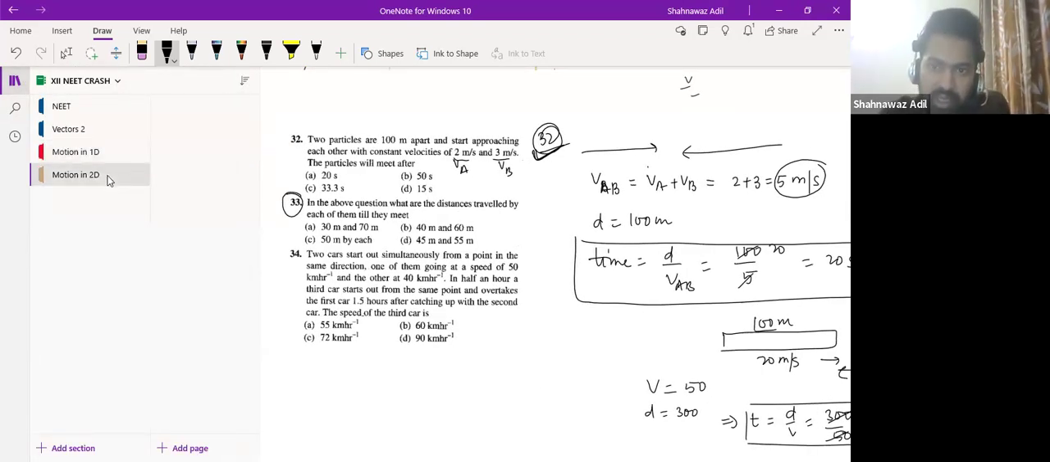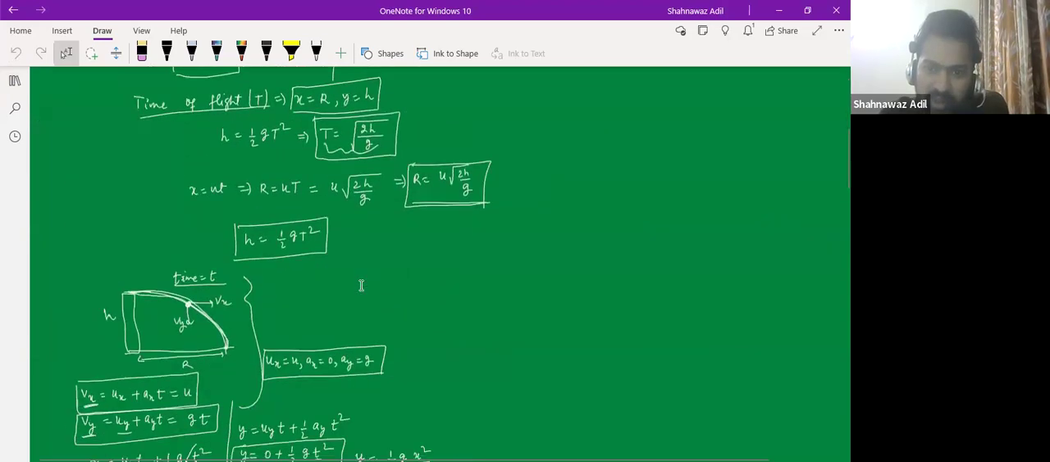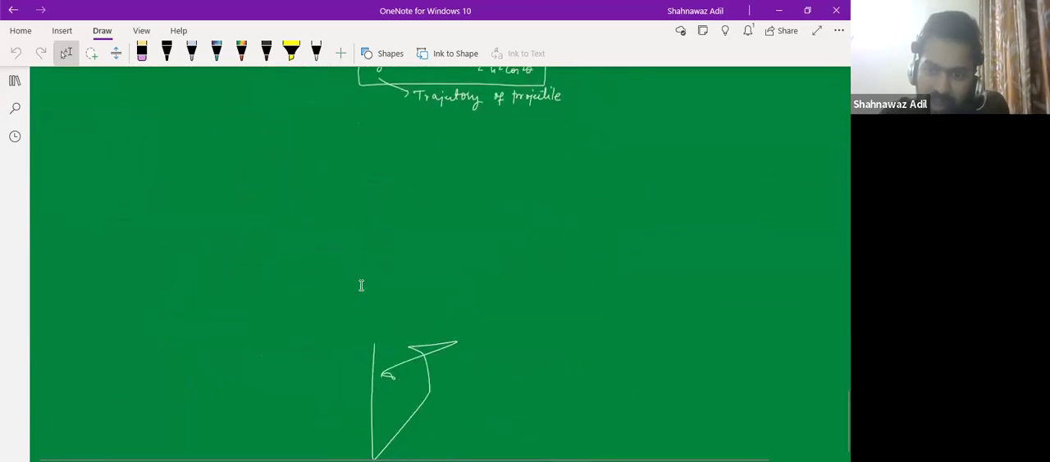Yeah, and we will also do this relative motion in motion in 2D as well. But the next topic, so this motion in 1D is over. The next topic is projectile motion, and in projectile motion you have to remember only 3 things. And what are those? So in projectile motion, you have to remember